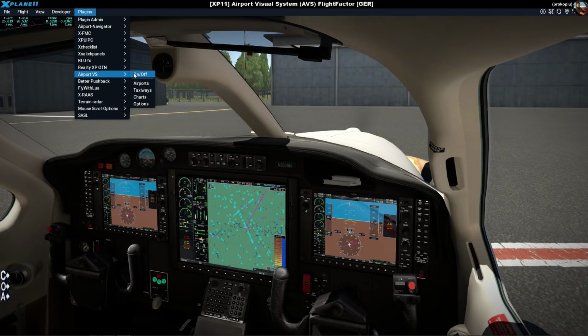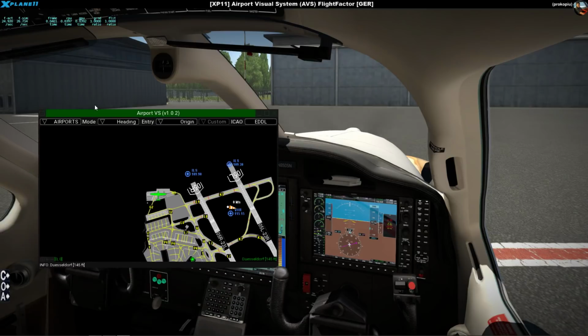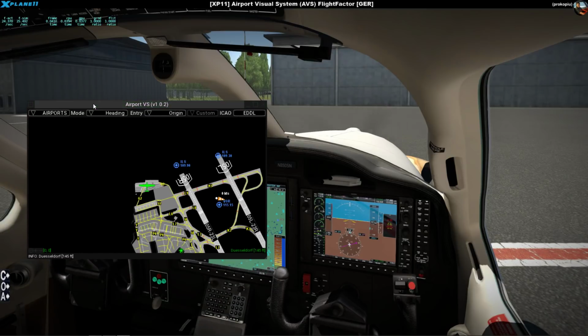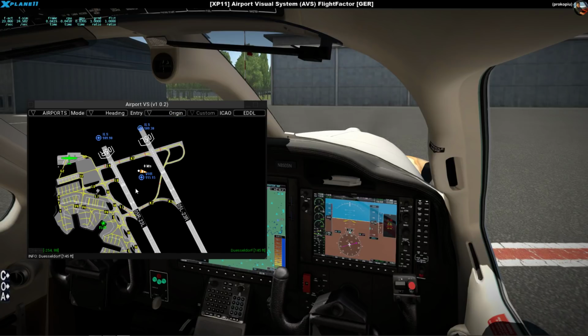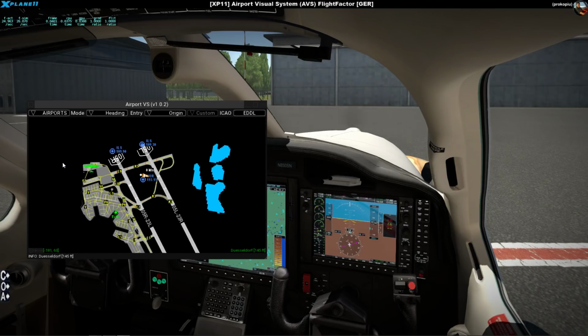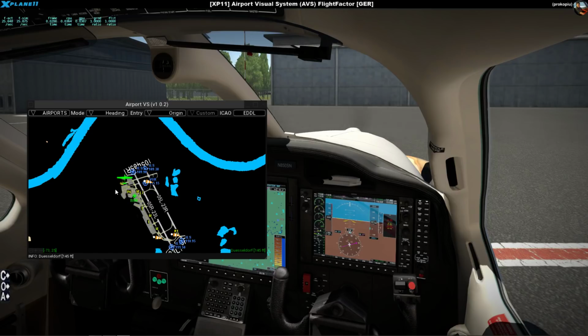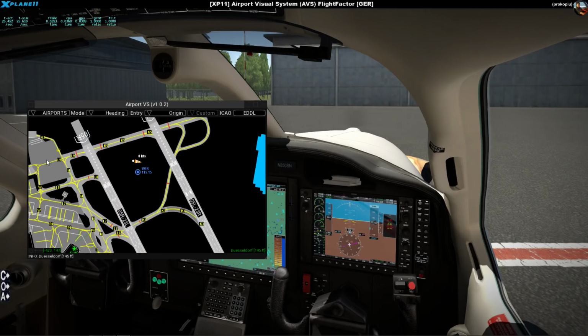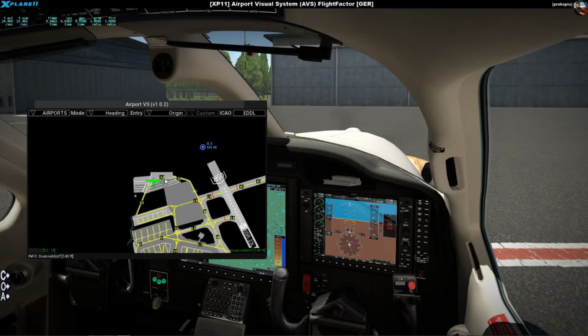You can turn this on and it will open up this window here, and what you get in this window is basically a display of the current airport. We are situated at Echo Delta Delta Lima, which is Düsseldorf Airport, and you can see where we are in relation to all the parking and taxiways. We are actually located here near runway 05 right,